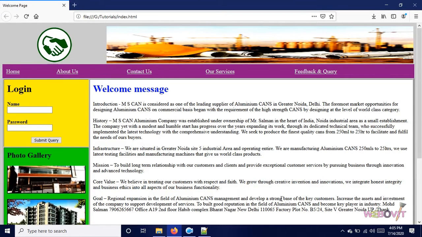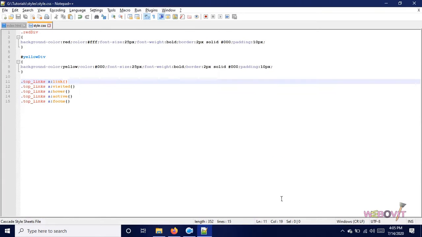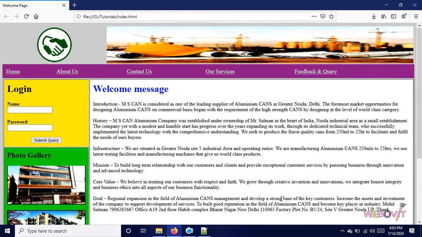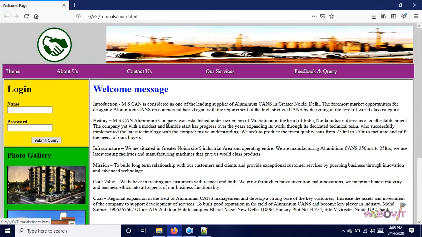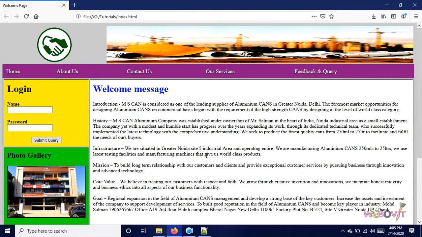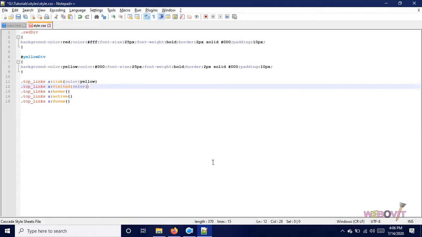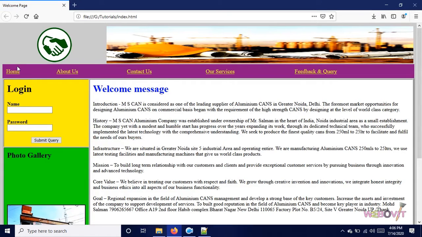So we are going to make some changes, like color. If I say yellow, no changes happen, because this comes under the category of visited links. We have already visited this page: all of them have the href of index.html, and we are already in the index.html file. So it's in the visited link category. Whoever is a visited link, I will change the color there also. Now everyone becomes yellow.